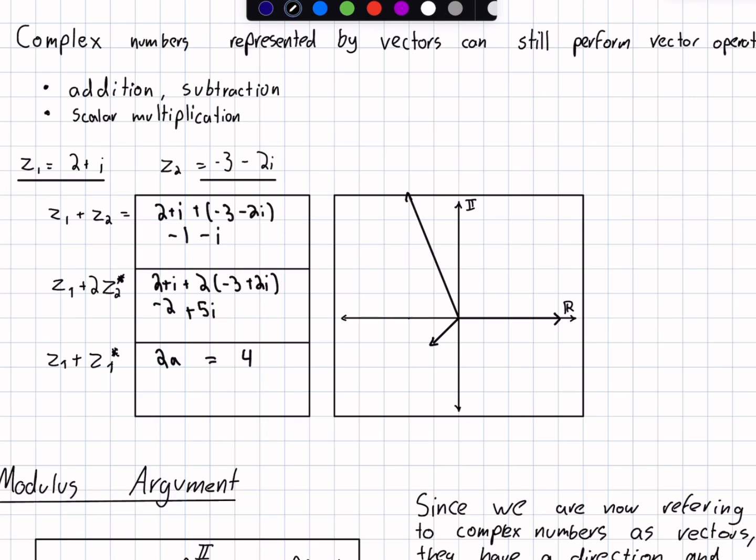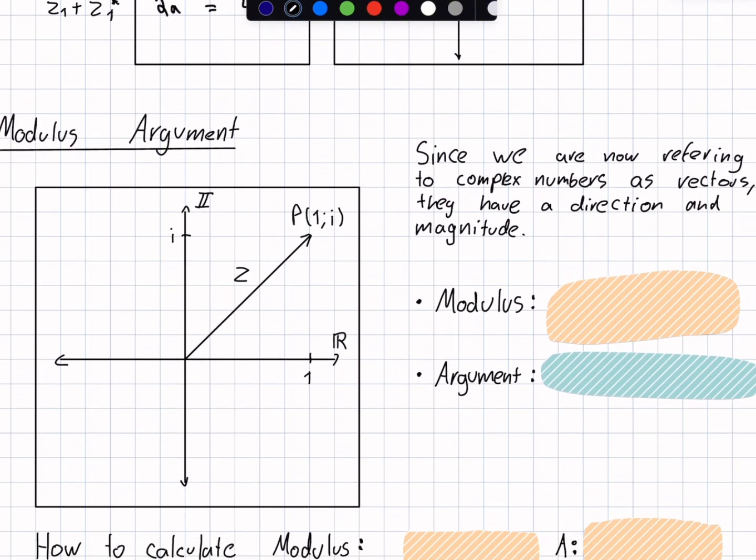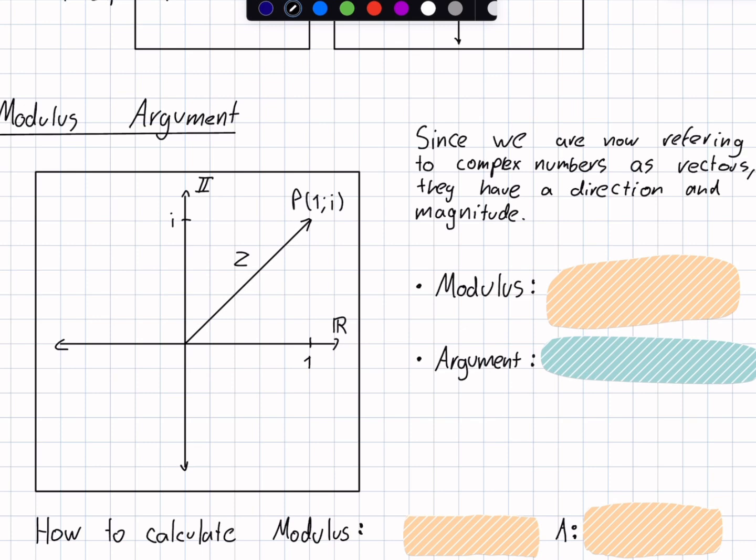Now, if you remember from your vectors chapter, each vector has a magnitude and a direction. That is what makes it a vector. For complex numbers, the magnitude and the direction still remain, but they do not come under the general form, but rather under another form, which we will soon see. If we look at this vector here,